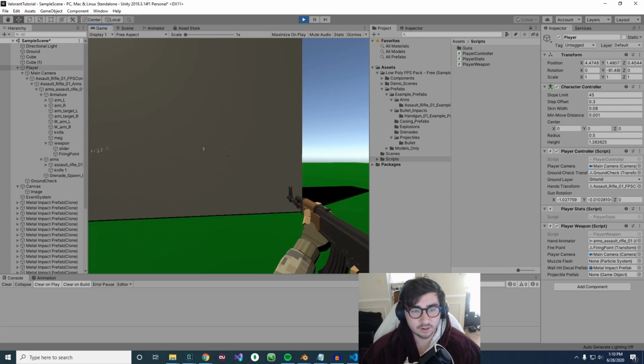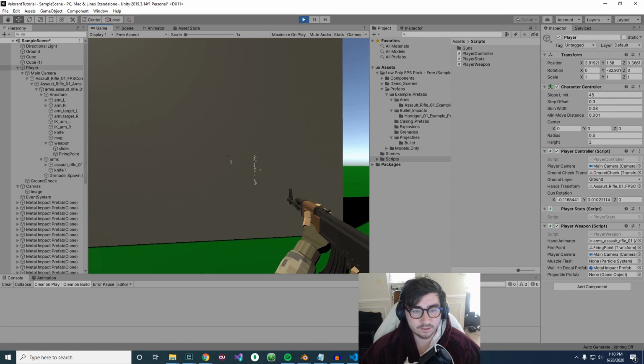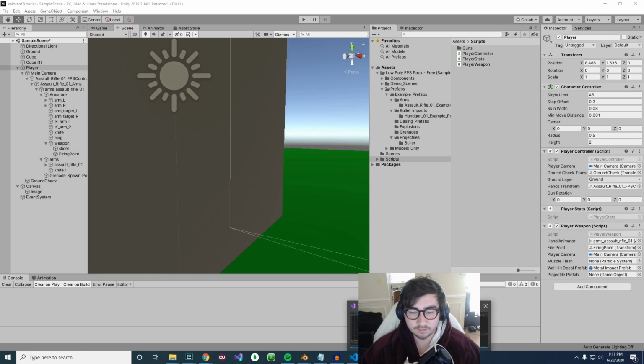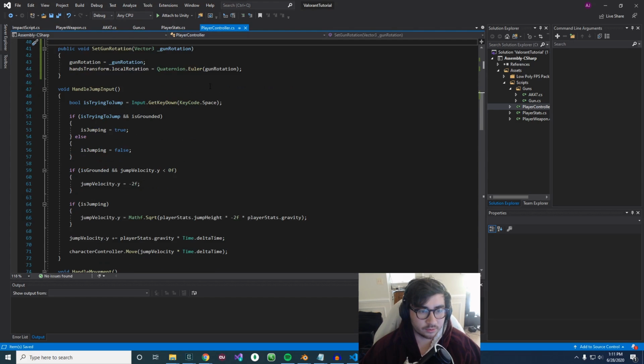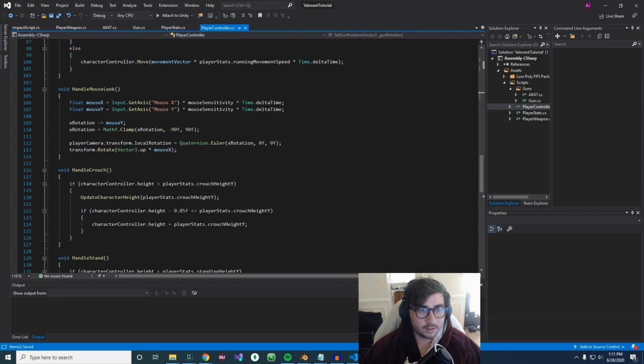We don't see any crosshair movement, so it doesn't feel that responsive. So if we go back into our scripts, and we go to our player controller script and we go to handle mouse look, and here's what we'll